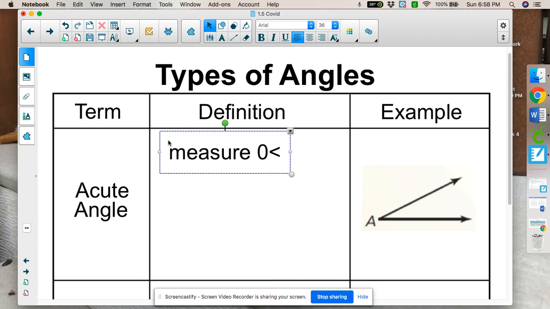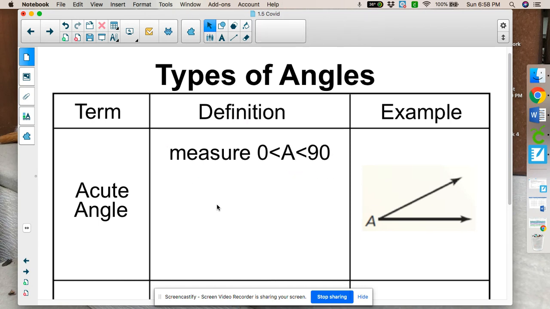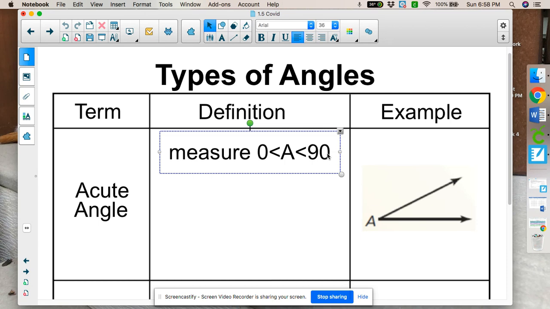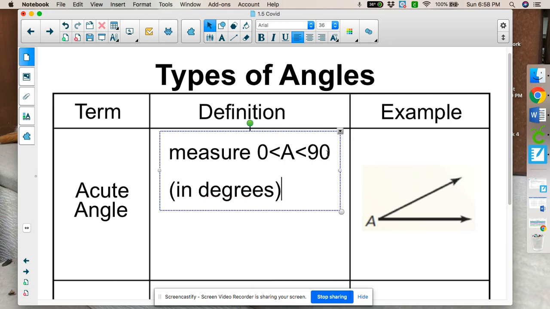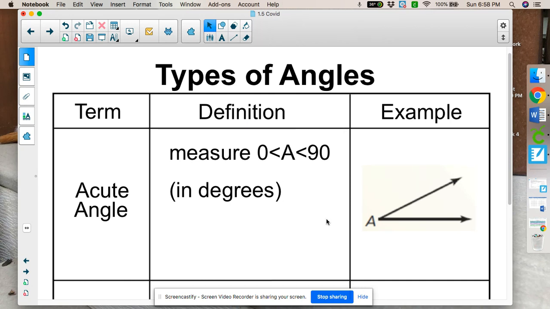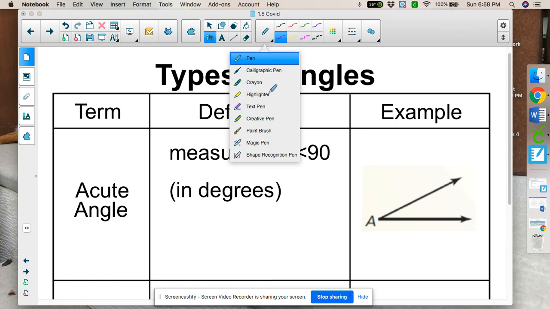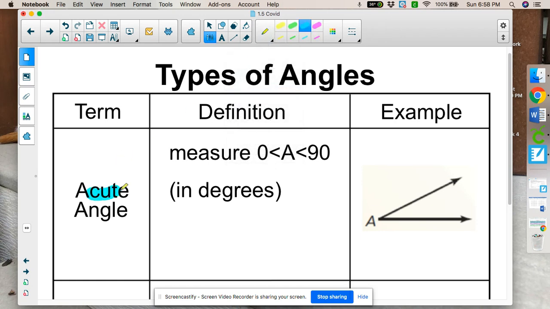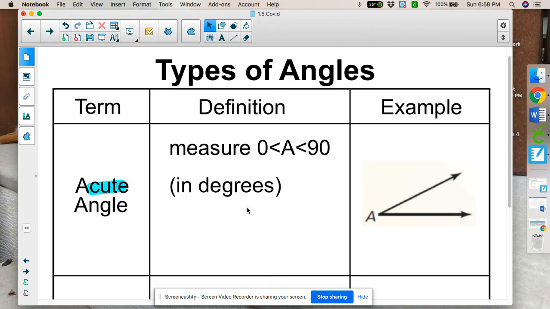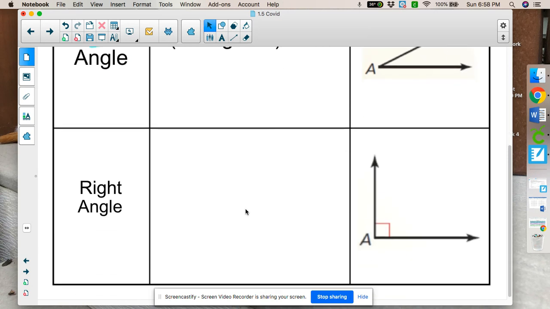We're going to write this as an inequality. 0 is less than our angle measure, call it A, which is less than 90. So it's anything between 0 and 90 degrees. And I'll put that here. Okay, so anything between 0 and 90 degrees is what we call an acute angle. People kind of see this word cute in the name, and they think of it as being like little, less than 90 degrees. Then we have something called a right angle, which we did talk about